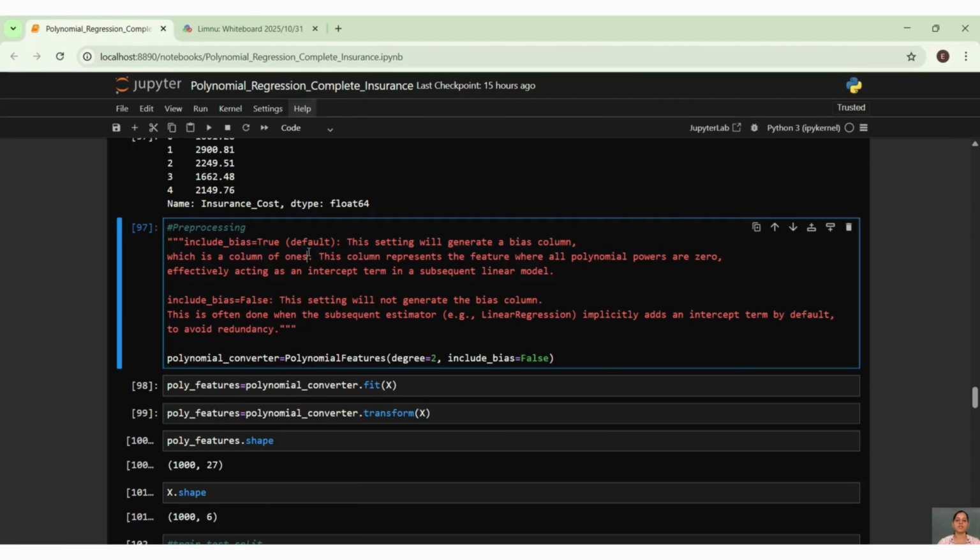When you're talking about include bias, this setting will generate a bias column internally, which is a column of ones where the features of all polynomial powers are 0, and that bias column will act as an intercept in terms of a linear model. This is include bias equal to true. And when we're talking about include bias equal to false, it will not generate any bias column, and this is often done when the estimator implicitly adds an intercept by default.